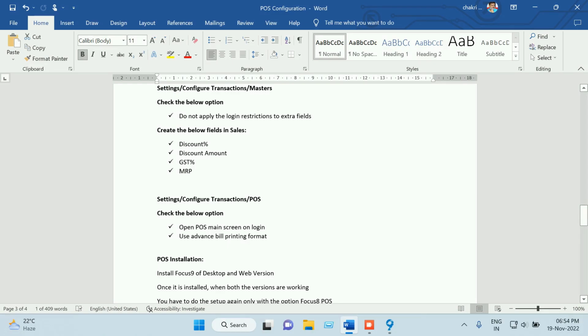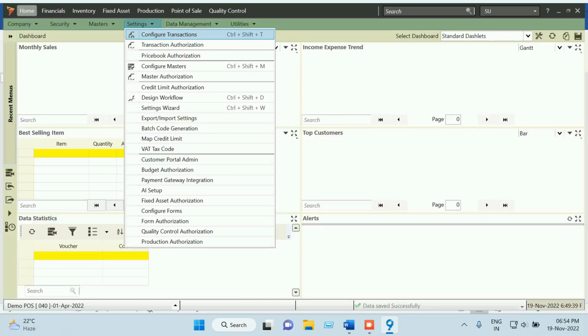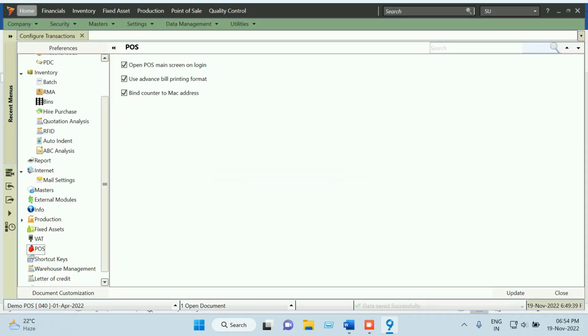then you have some settings in the POS option. You go to the same option, settings, configure transactions. You have a POS tab here. Here you have to tick this option: open POS main screen on login, use advanced bill print format, bind